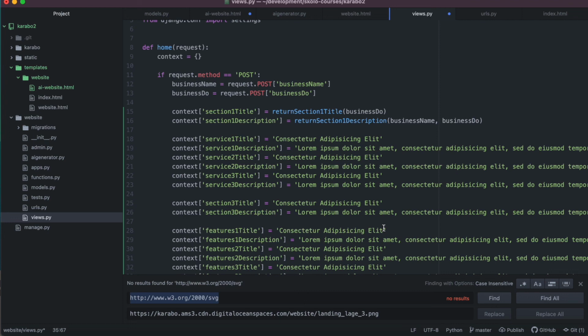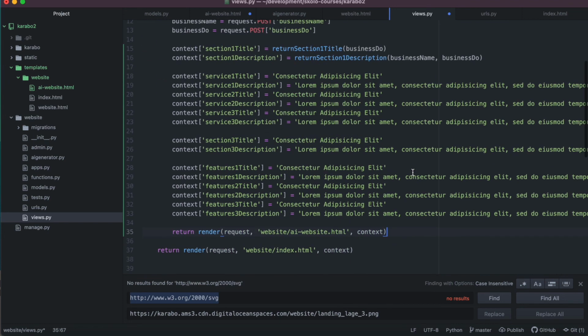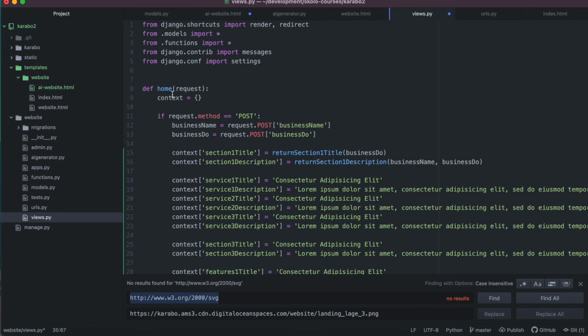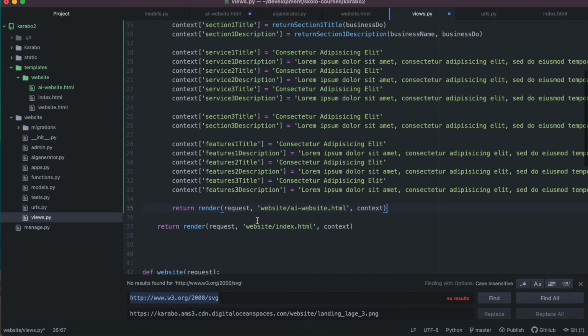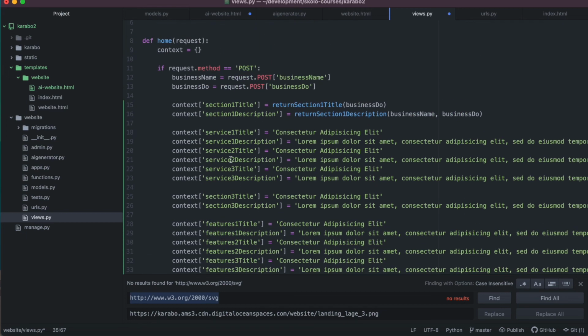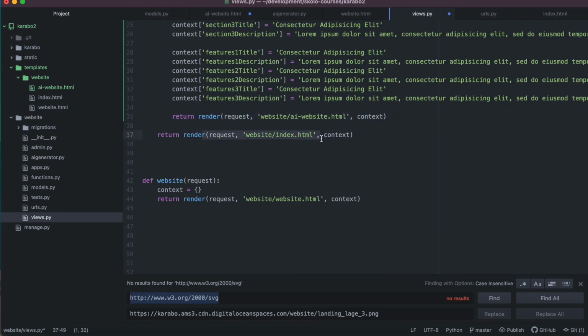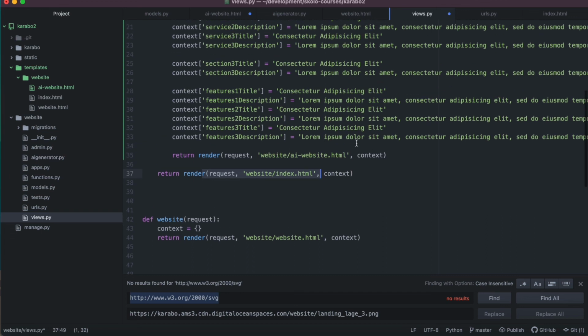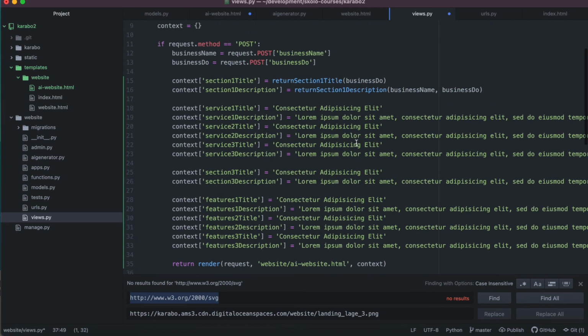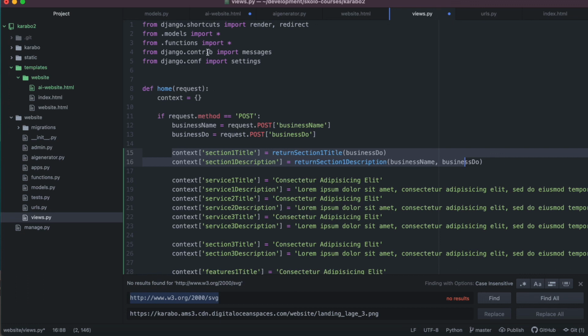So yeah, let's test this out. So we start on the home page. All right, and if you don't do a post request, it's not going to go through all of this. It's just going to skip this and render this index.html. But if you do a post request, then it will go through here, and it will take whatever the business name and the business do that you give it. Then it will run these two functions, which we need to import at the top. So from the top there, we need to say from